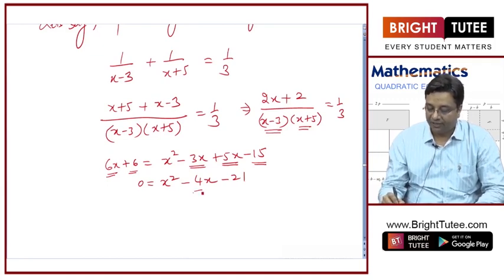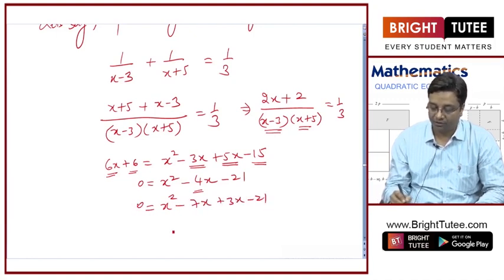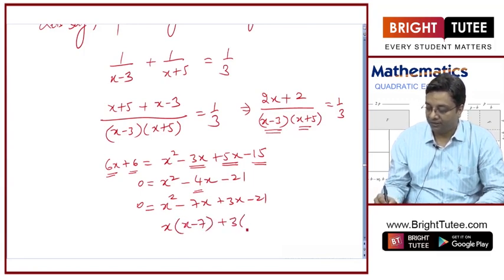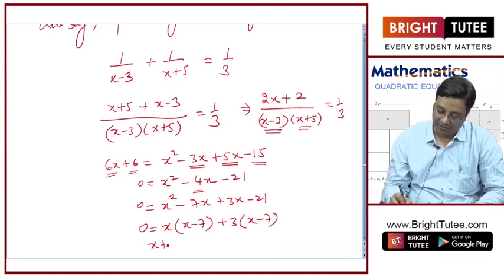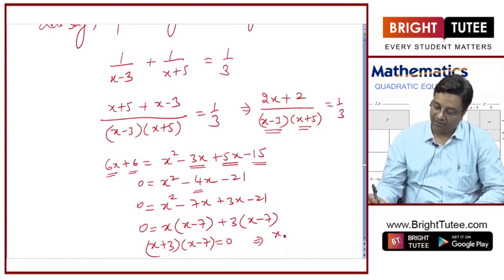Okay. Now factors again I see very easily. It is 7 and 3. x² − 7x + 3x − 21 = 0. So it will become (x − 7) + 3(x − 7) = 0. Hence (x + 3)(x − 7) = 0, which will give me x = −3,